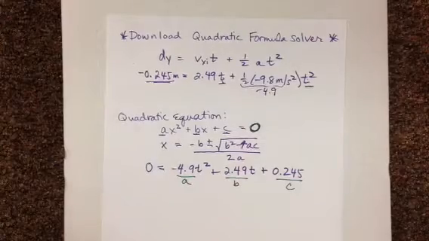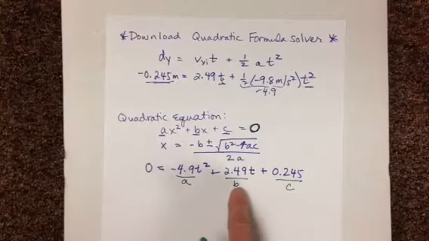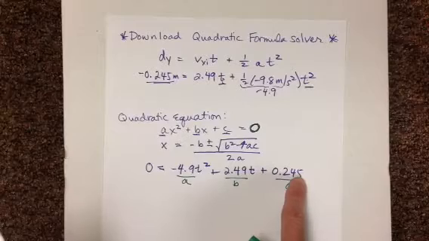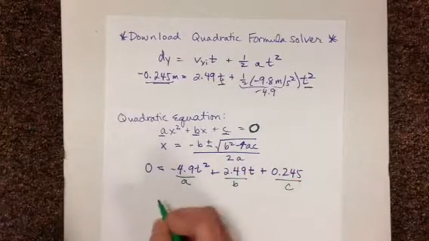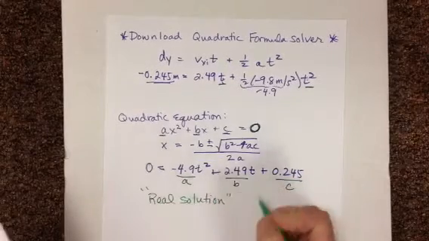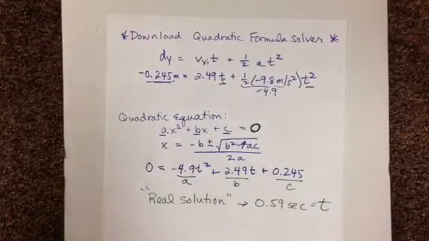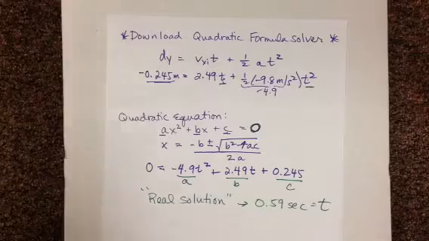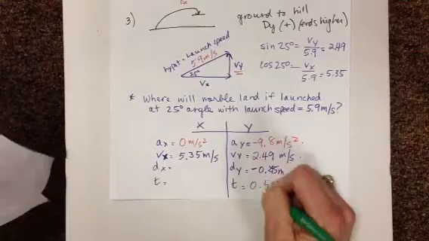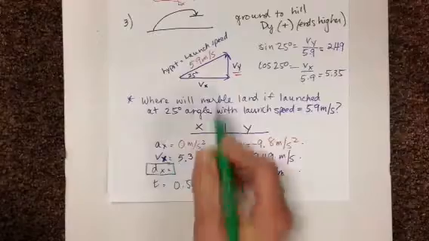So you can go to the Formula Solver app and it'll ask what is A equal to, put in negative 4.9, B is 2.49, and C is 0.245. Just make sure you realize it's positive. And so the real solution is what we're looking for. The real solution on that app comes out to 0.59, and that is equal to t. So if we go back and we take our chart and we plug in our t value as 0.59 seconds on both sides, now we can solve for where